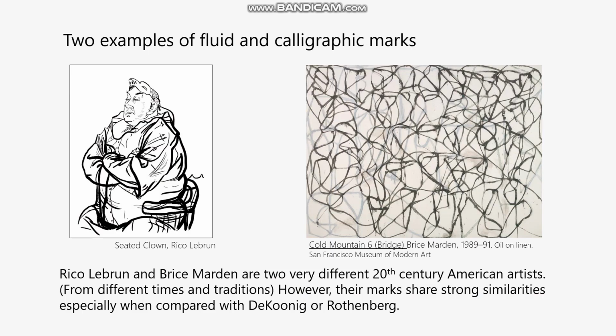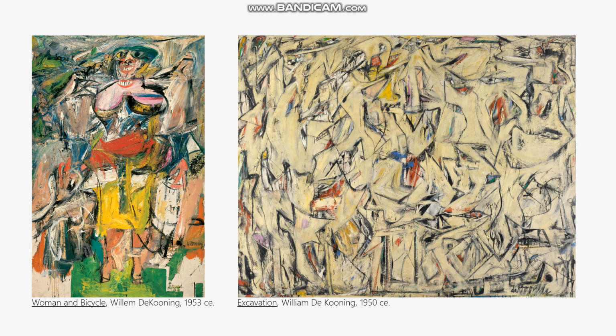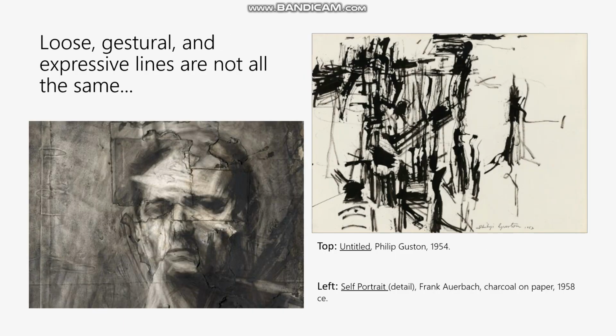On the previous page, I said that these were quite a different way of making marks from someone like de Kooning, and I thought, if I'm going to mention de Kooning, we should take another chance to look at de Kooning. We've already seen some de Kooning paintings. We've seen these two before, but I wanted you to see them full size and think about how this type of hand is quite different from these types of hands,